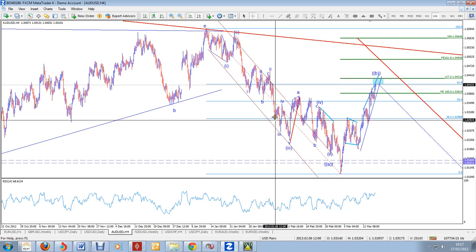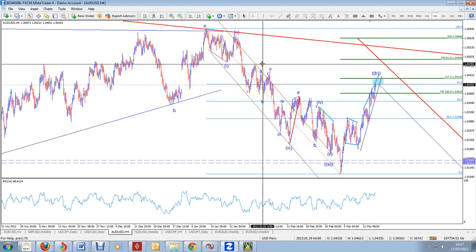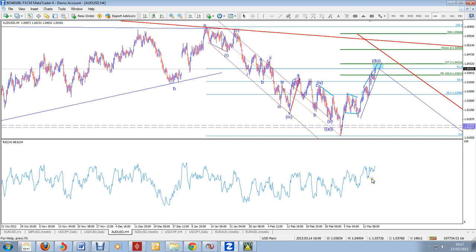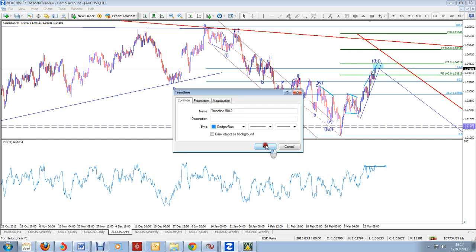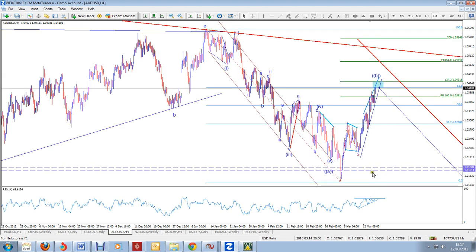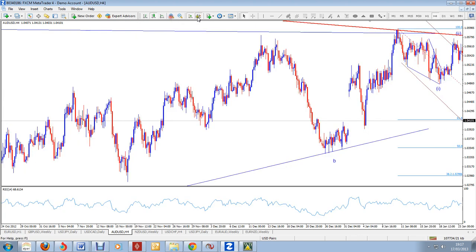So this is where the sharp sell-off took place after this minor congestion. So we could actually begin to show weakness, and the RSI seems to be confirming in a sense that it is forming a potential divergence, not a strong one, but a minor divergence there. And quite possibly, if the dollar begins to strengthen, although Australian dollar doesn't form part of the dollar index, it would also weaken because it is a dollar denominated asset. Okay, so everything against dollar will be weakening in this coming week.